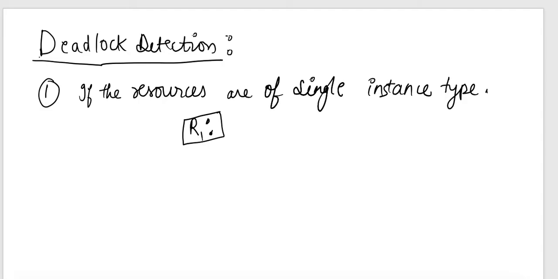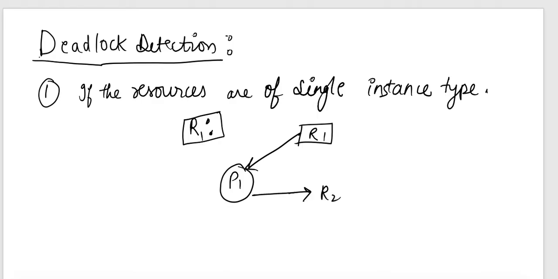See what we'll do. Let's suppose this is the graph. Let's say R1 and it is P1. A process will be denoted by this, and it is requesting resource R2. Both the resources are of single instance. That is why I have not mentioned dots there and here also. And suppose R2 is allocated to P2, and P2 is also requesting R1. So can you see something here? See what we can analyze here.